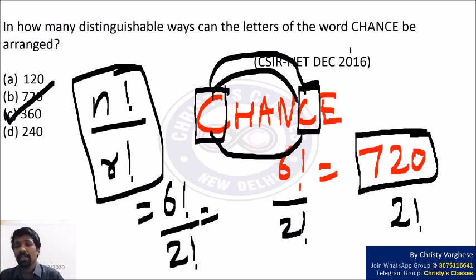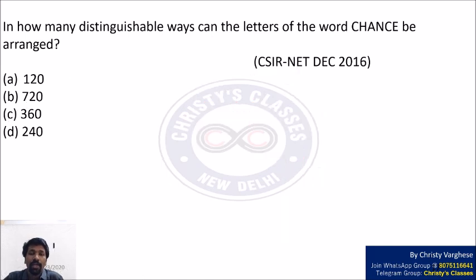720 is not the answer. 720 would have been the answer if the word was CHANGE, not CHANCE. Because in CHANGE, there is no letter repeating, only distinct letters, it would have been 6 factorial. If one letter is occurring 2 times, you have to divide by 2 factorial. If one letter is occurring 3 times, what do you have to do? For example,